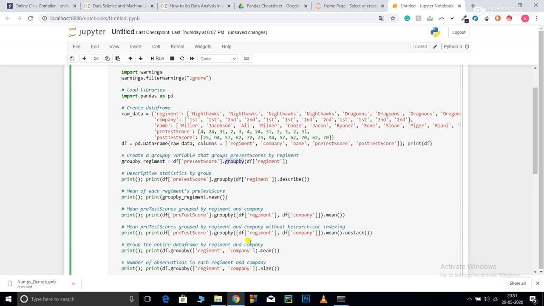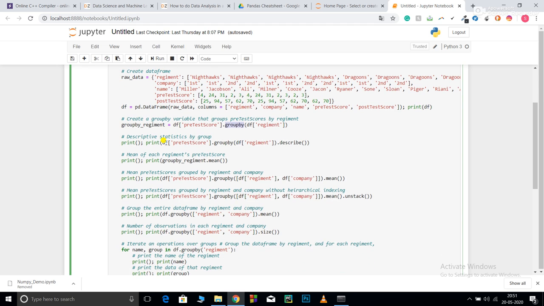Now after that, descriptive analysis. Descriptive analysis means calculating the mean, the median, the mode, the standard deviation, or doing the statistical analysis. So the groupby code is going to be the same. After that, .describe. This does some descriptive statistics for me. That is, it can calculate the count, the mean, the median, the max, the 25% of the values, the 75%, etc. So this does the same. After that, you saw I saved this group by under the name groupby regiment. I calculated the mean, .mean.